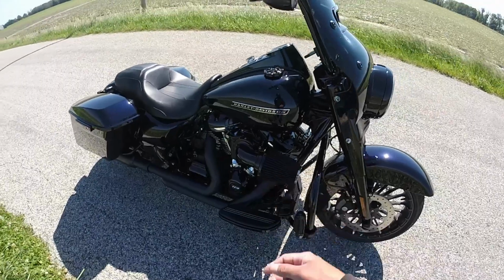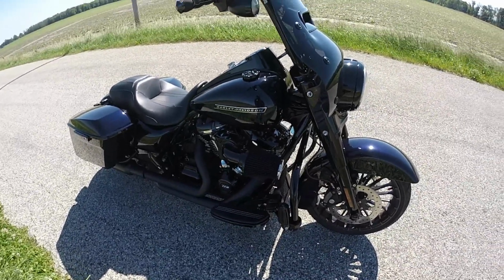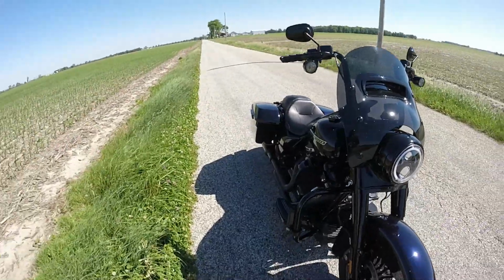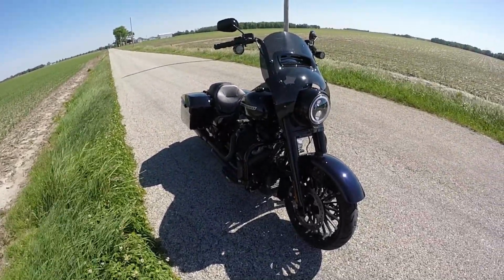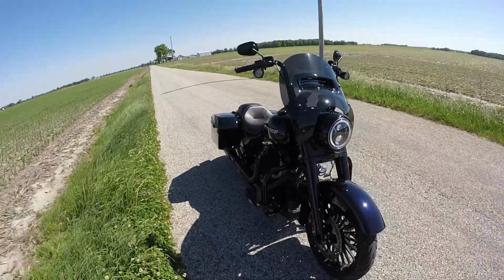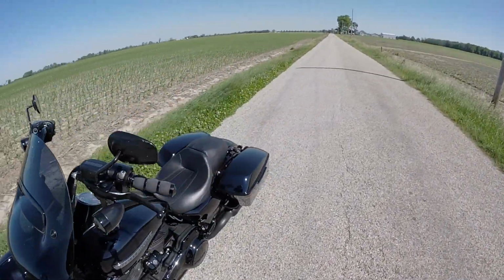I had one of these on my last bike, and I very much liked it. It lets a lot of air through the engine. It just looks good. It gives it a fast kind of feel to the bike, the way it looks. It's an air intake. What are you gonna do? To set everything else off, I installed the Power Vision,